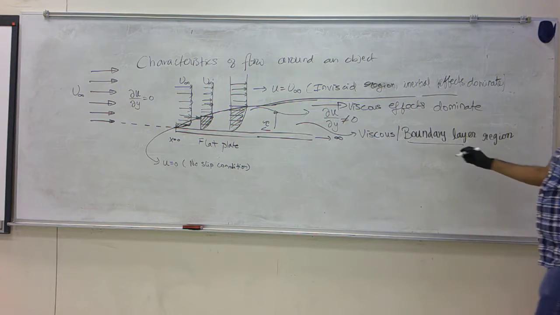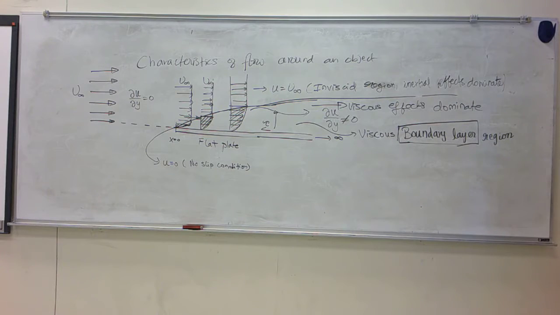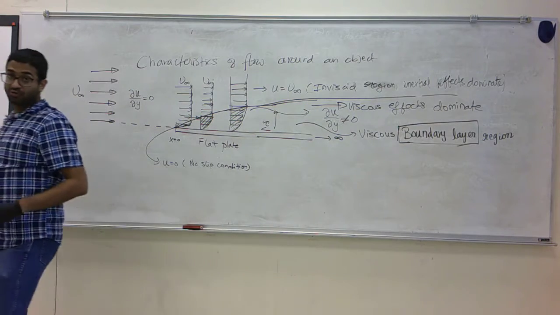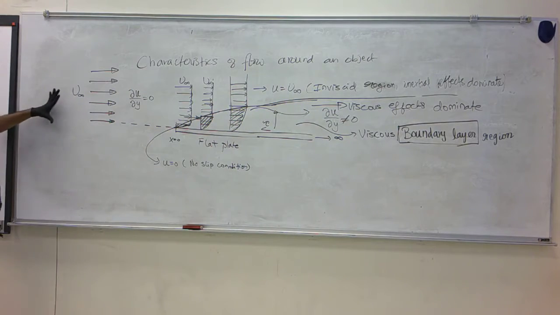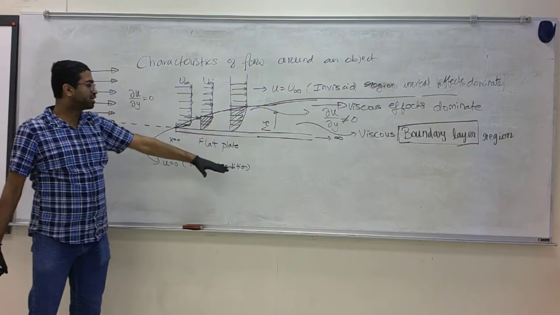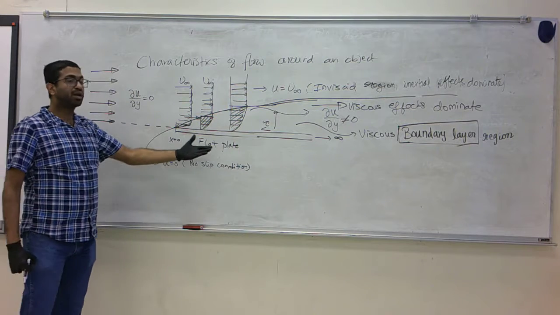So this part here, the boundary layer, the formation of the boundary layer is the most important effect that takes place when fluid flows on a surface. Now I have made this discussion entirely with a flat plate, but this can be generalized to any shape.